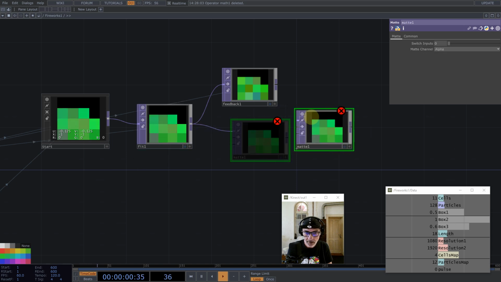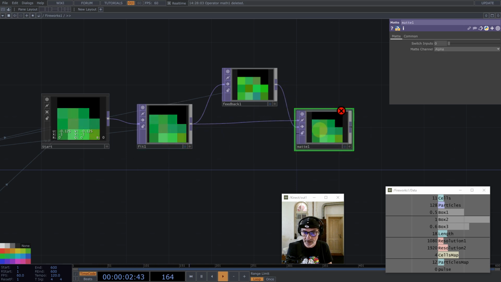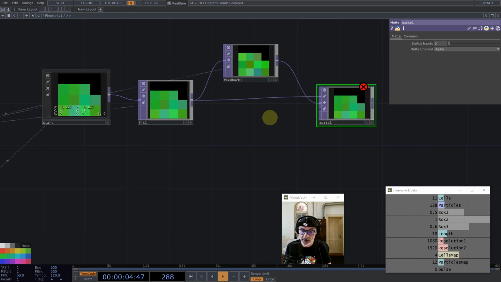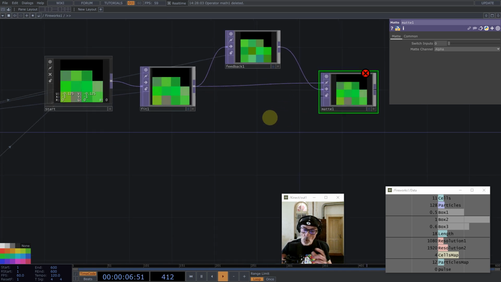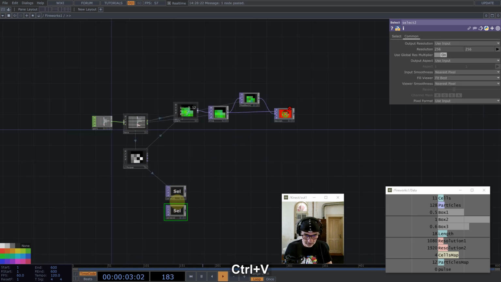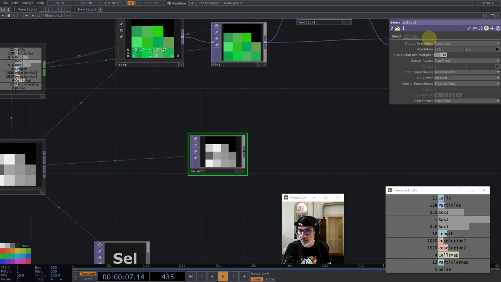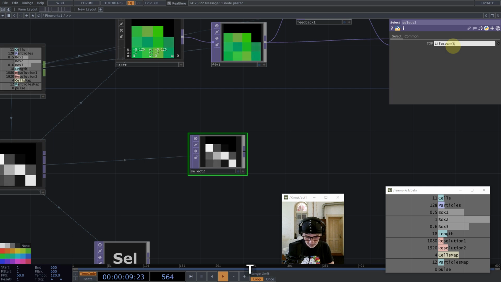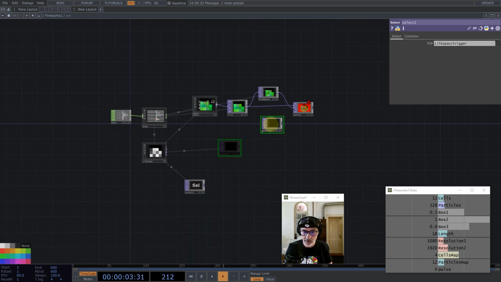Okay, and this feedback is the second, and the third decide what to take. Okay, and let's have a select, but this one has to select the trigger. Okay, now this trigger